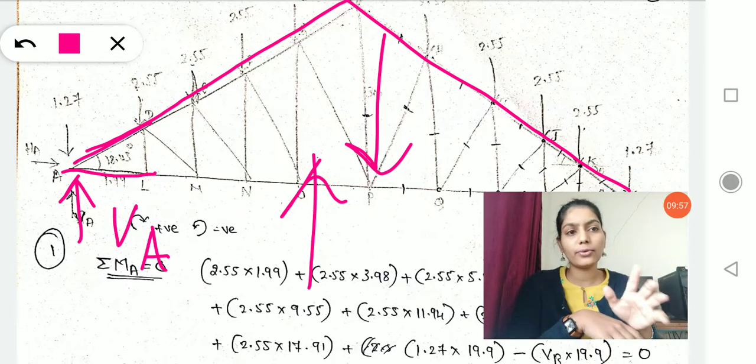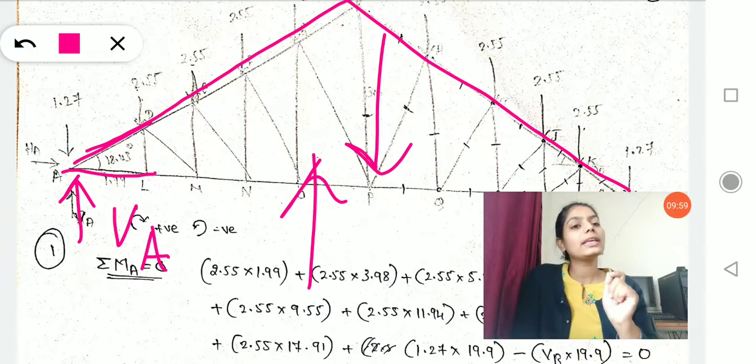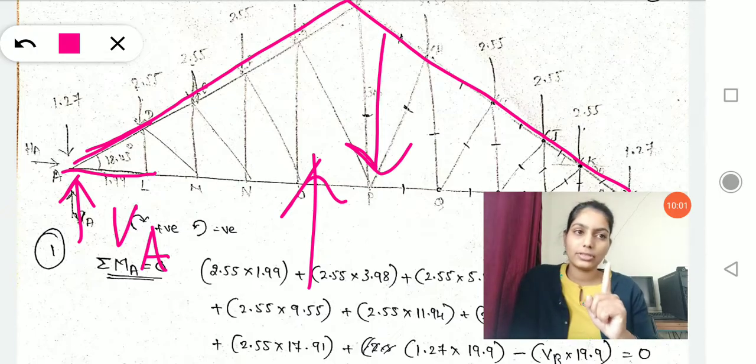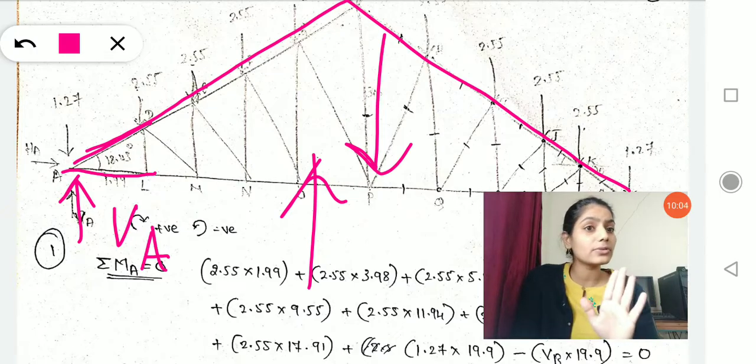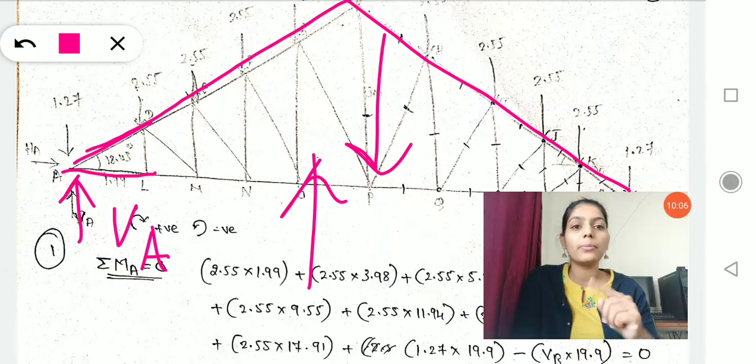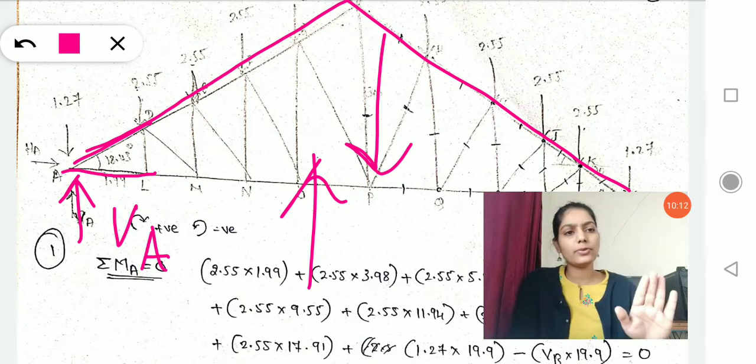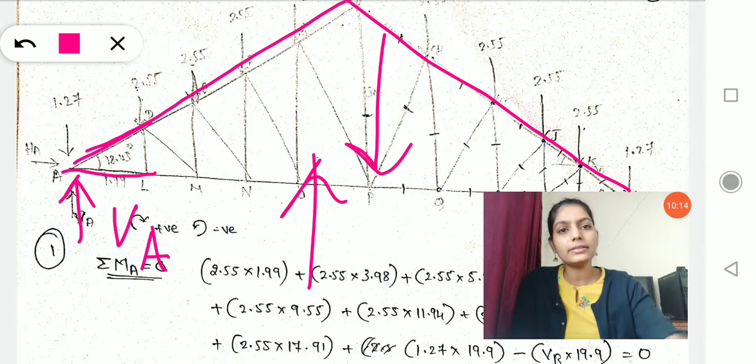But this fourth criterion which I said is only applicable if the truss is symmetrical. If the truss is not symmetrical, you have to go for the moment equation as well. You have to go for what? Moment equation as well, right? So far clear until this? Now